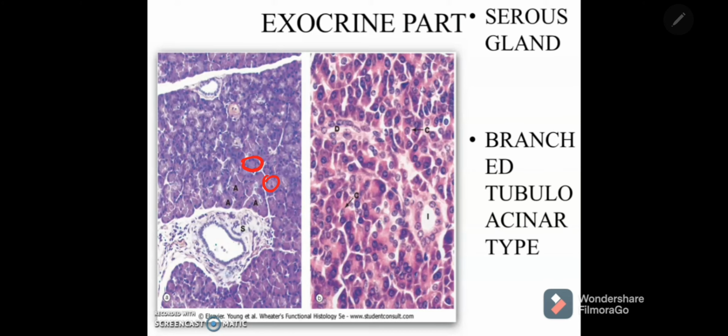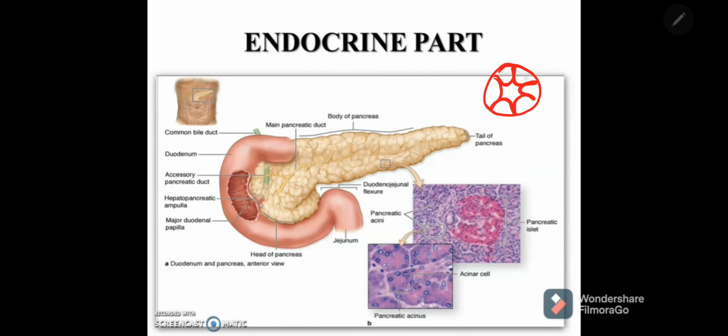Serous acini are small, having a small lumen, but the cells are pyramidal. Remember: small acini, small lumen, spherical nucleus and subcentral nucleus, that is the exocrine part, and